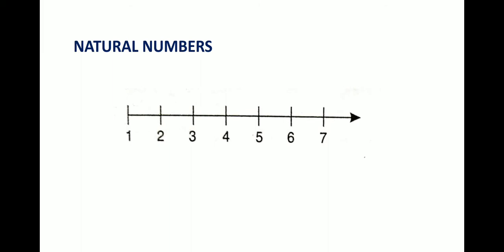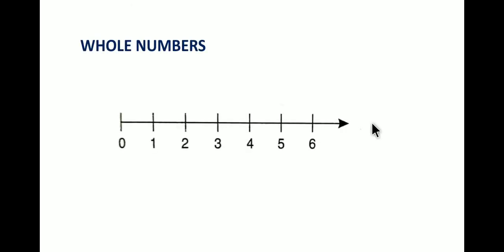Now see how the natural numbers are represented on the number line. So here's the number line where the natural numbers are represented. Since it starts from 1, the first number will be 1, then 2, 3, 4, 5, 6, 7, 8, and it goes up till infinity. The arrowhead represents that this number line continues and moves until it reaches infinity. So this number line will not end.